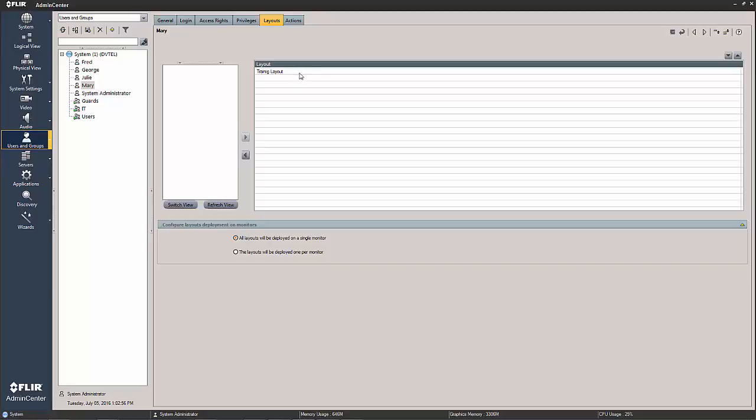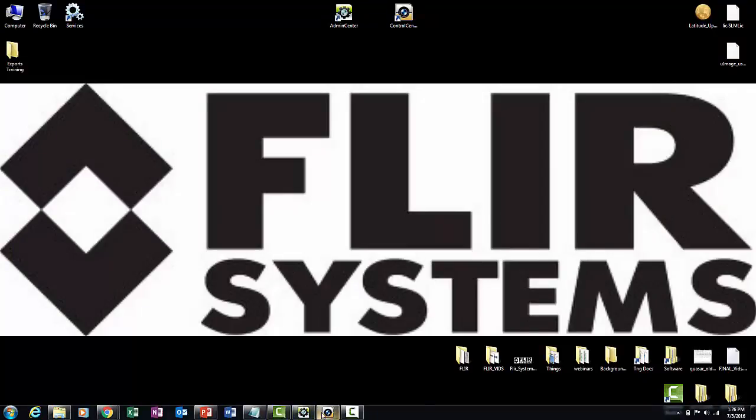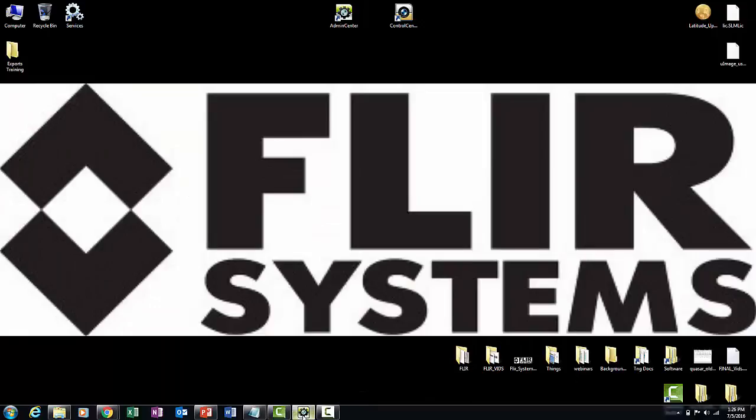But keep in mind, you have to make sure that for anything in that layout, the people you're assigning the layout to, on their layout tab right here in the user account, must have physical access to it and privileges to be able to do what you need to do. So with that said, just to prove it, there's Mary, and there is the training layout that we've assigned to Mary. So if I come down now to Control Center and close it down,